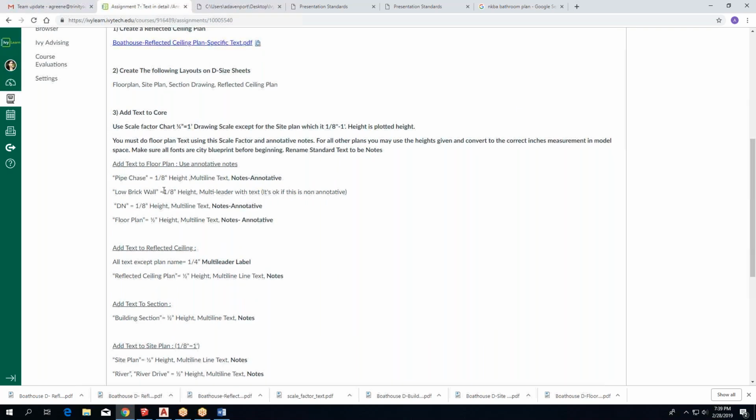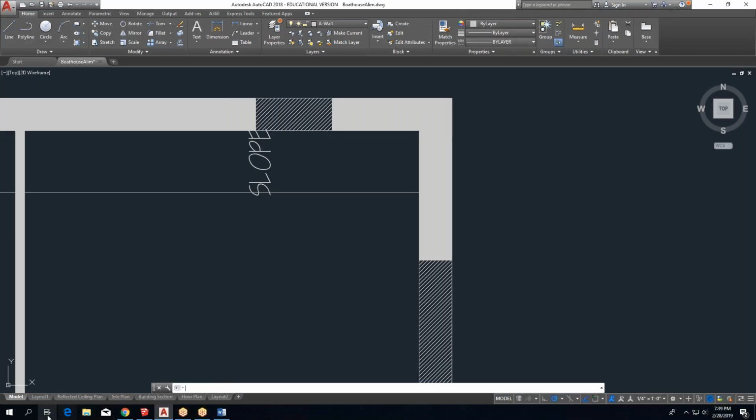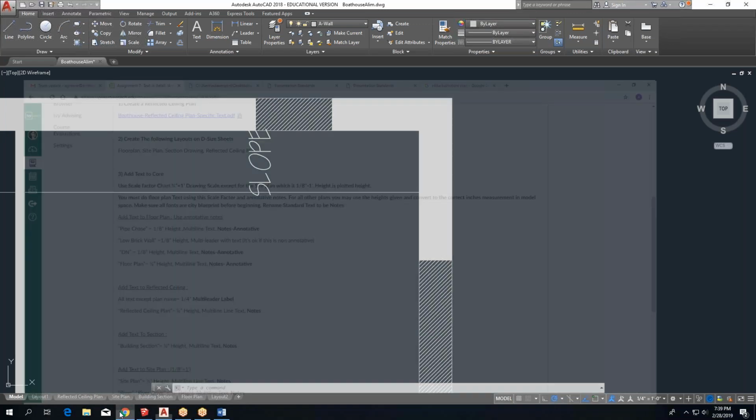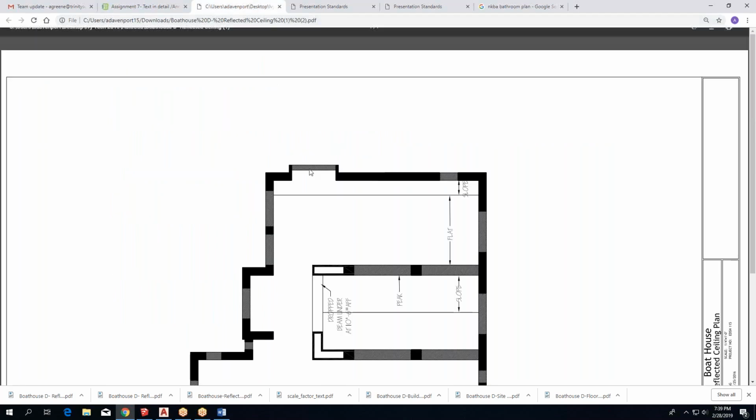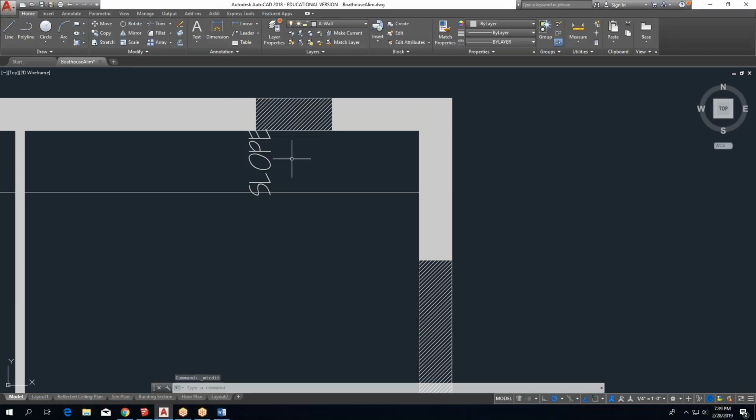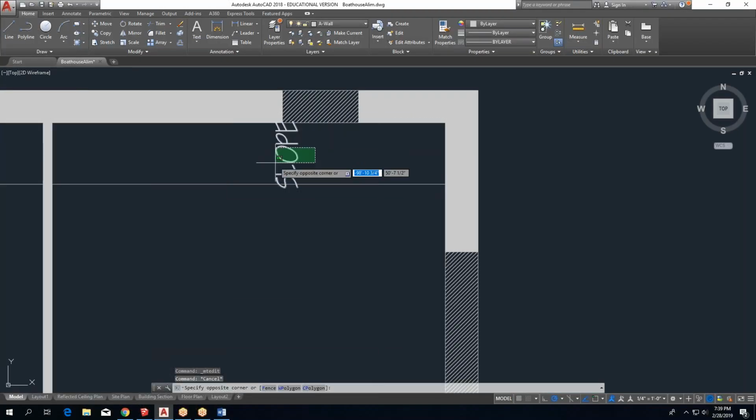We'll say except slope, which should be smaller according to our PDF. So if we go out and look at it, we could say for reflected ceiling plan picture. Nope, slope is big like that. So I just had it different. Okay, so I didn't lie. I was right. Okay, so here's my slope at 1/4 inch,